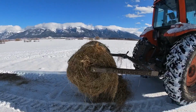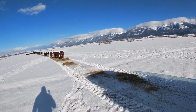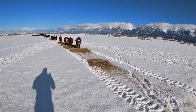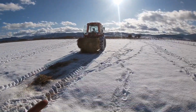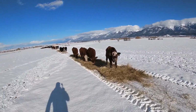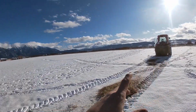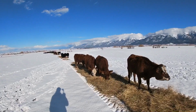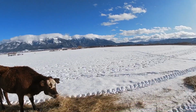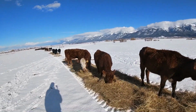Alrighty. So what we do here is we save about a third of the bale because these are bigger bales. They're 6 foot tall bales, and so they weigh a little bit more. But anyways, we save about a third, and then I drop that off at the top of the center fence there. And then I'll bring another bale in tomorrow, and I'll take the other third and drop it off at the top of the hill as well. And then on like the third day, so today's Friday, come Sunday when I come over, I'll just have 2/3 of a bale pretty much to feed out,